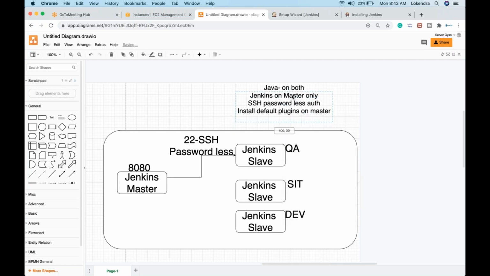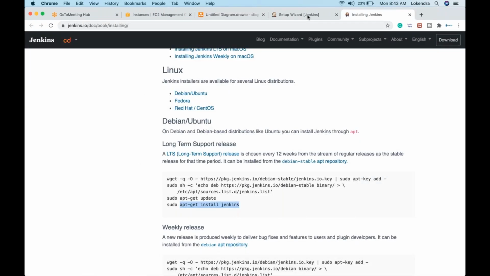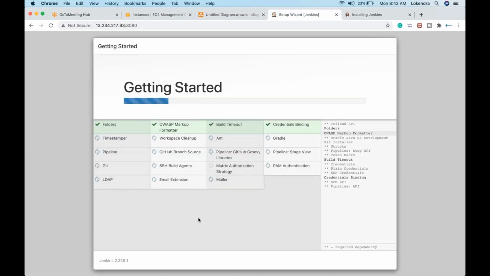So guys, these are the steps we have done so far. I'm just trying to show you this here, because whenever you go to perform this sort of practical, you should know what things you are going to perform, right? So okay, this is almost done. Within a while it will be done.